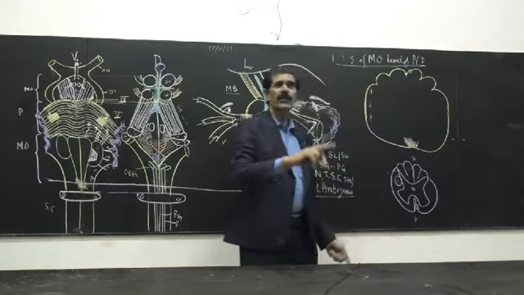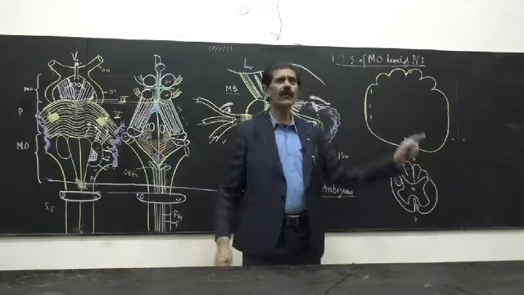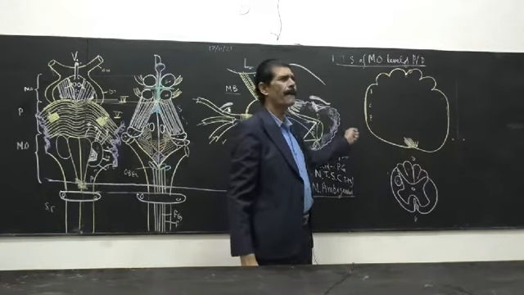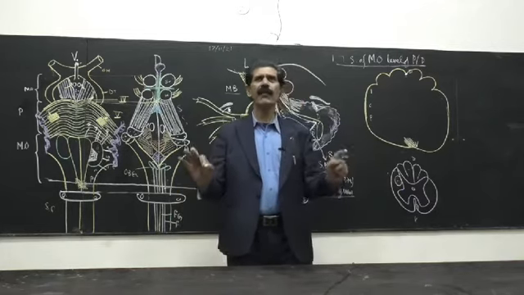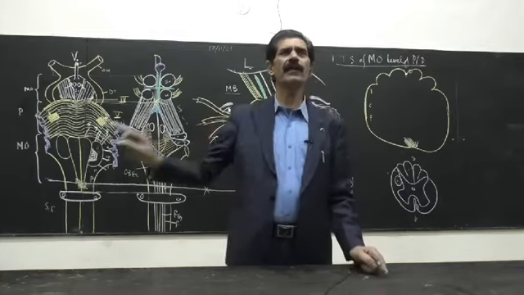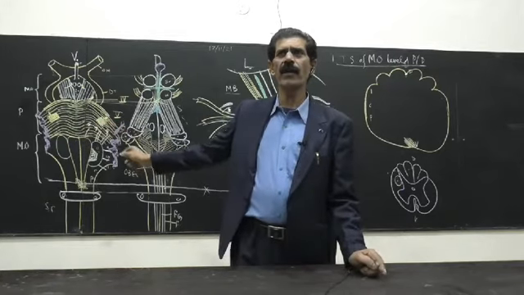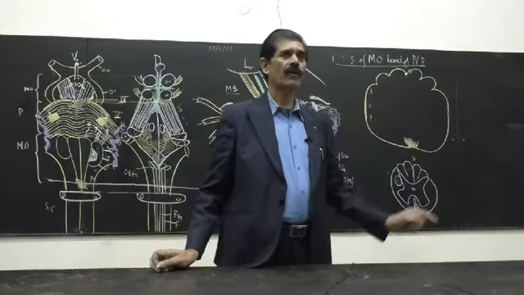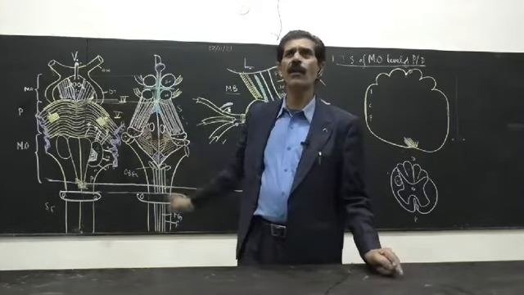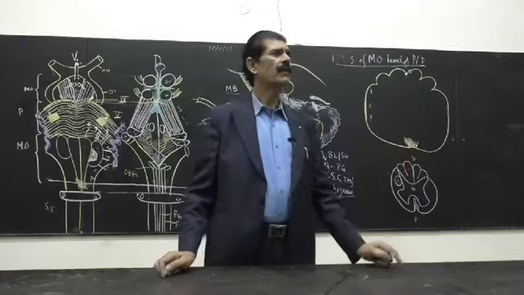Is it clear? So this is how we have to draw the outline of the section at this level. Is it clear to everybody? We have taken two points, the ventral point and the dorsal point, and then reached both together. So this is how to draw. If you know these three diagrams, only then can you draw the transverse section.